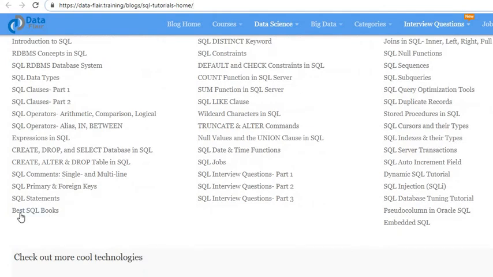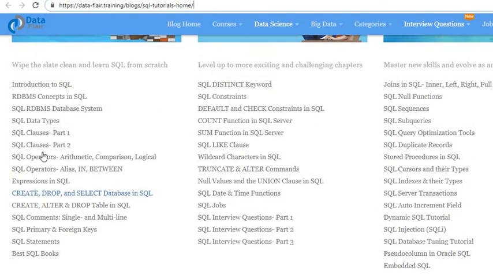You might have already been through these topics on the earlier websites, but I strongly recommend you go through them again. Apart from the tutorials, they have provided interview questions and information regarding SQL jobs, the best SQL books, and they have also provided some